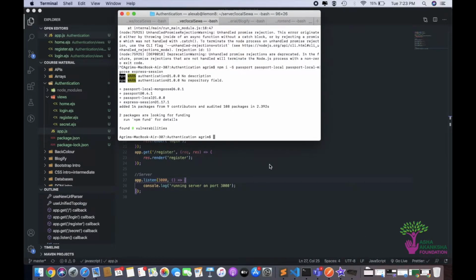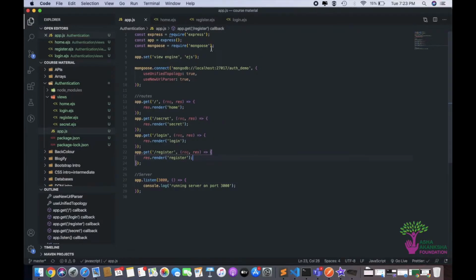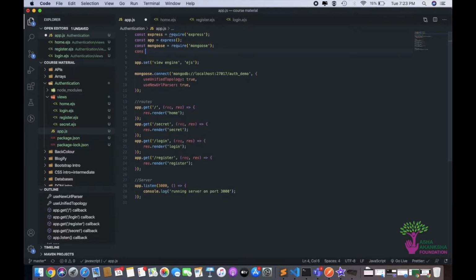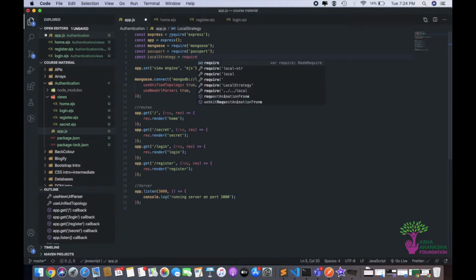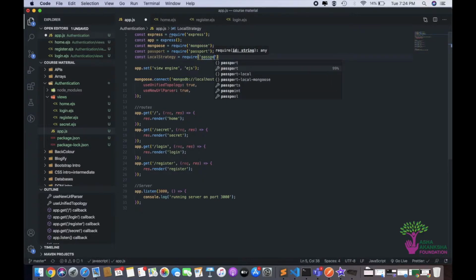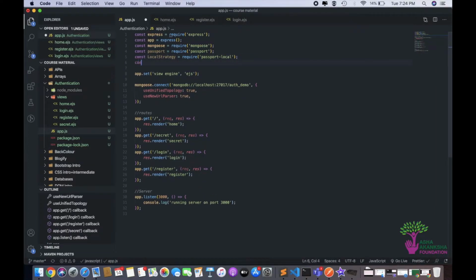Excellent. So first of all, let's just require all of them, right? That's always the first step to working with a package. So I'll have to do 4 require statements here. So const passport is equal to require passport. const, and this is normally named local strategy, or passport local. Great. And the next we have is const